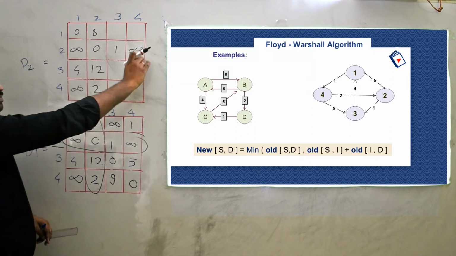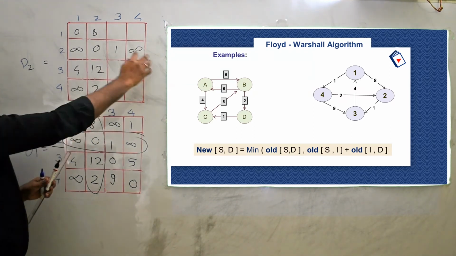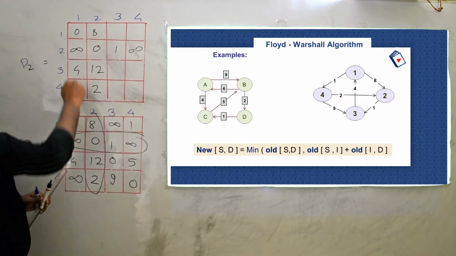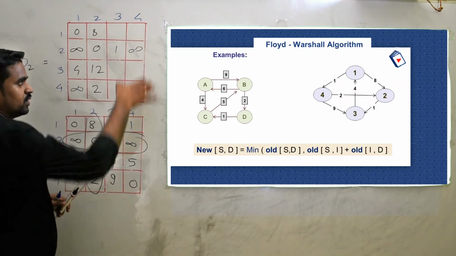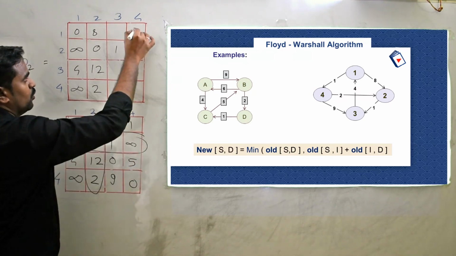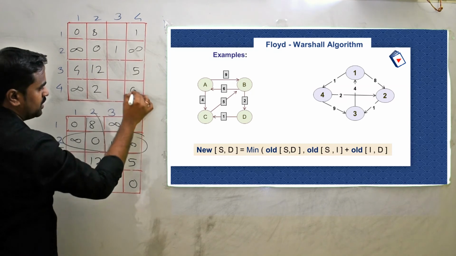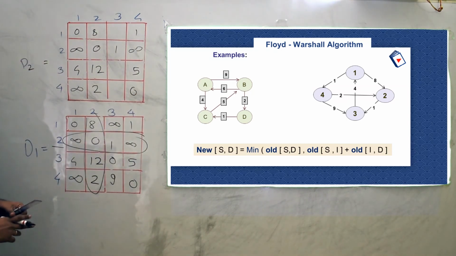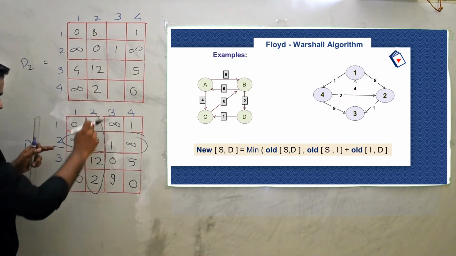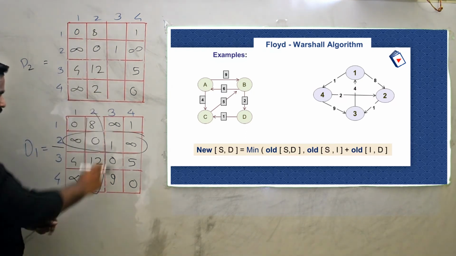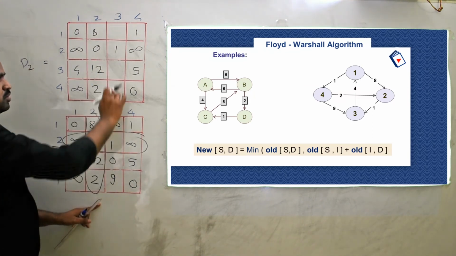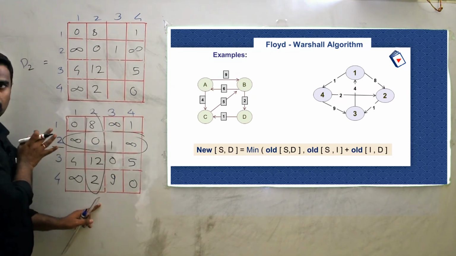Okay, now what did I do? First of all, I looked for infinity in the row. Where is it? Found it here, found it here. So here I wrote the old values, found here. So for this column I copied over here. So 1, infinity, 5, 0, 1, infinity, 5, 0. Similarly, now I need to find out which column has infinity, and for this particular row there is no infinity. Okay, so I just need to calculate these 3 values.